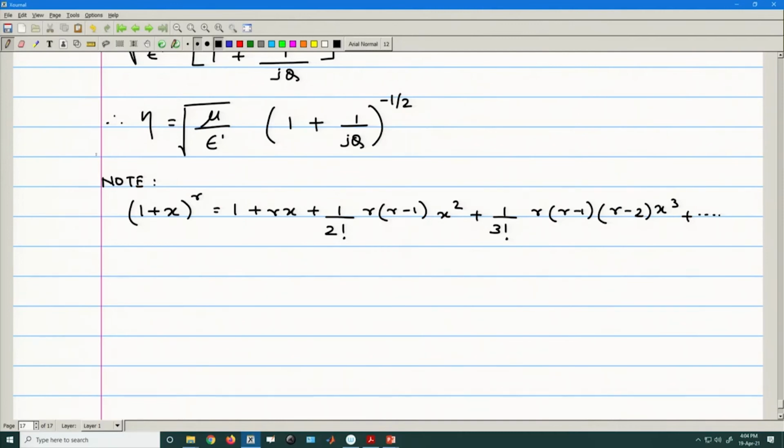So using this expansion we will write the above equation and we will expand it as